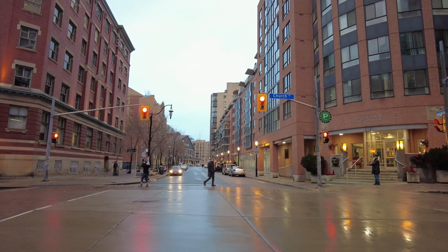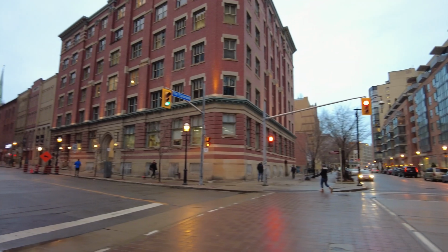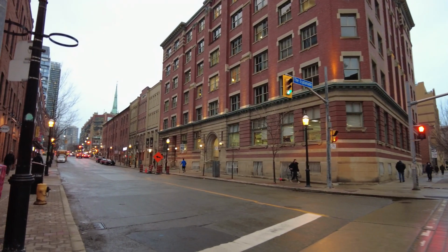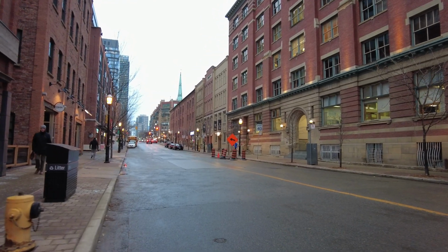Hey guys, it's Friday, December 9th. The time is 4:34 p.m. and the temperature's around 3 degrees Celsius. I'm currently walking north up Church Street,